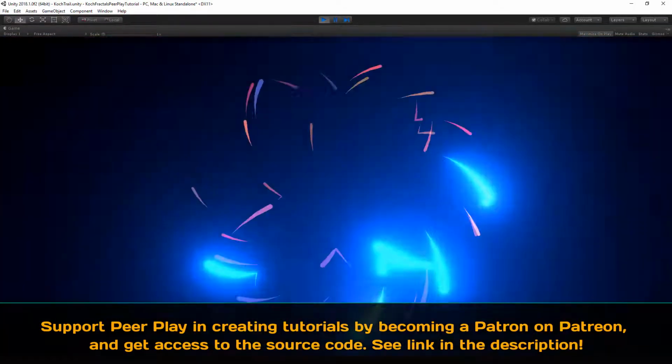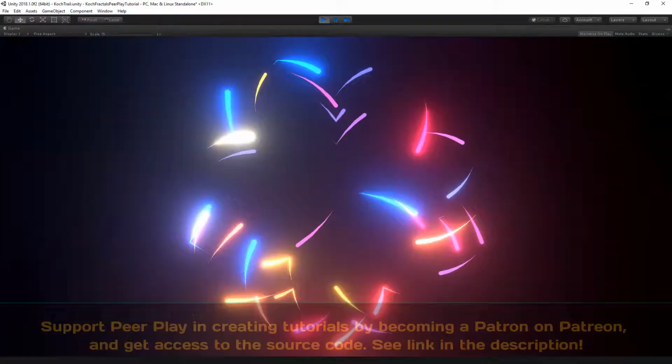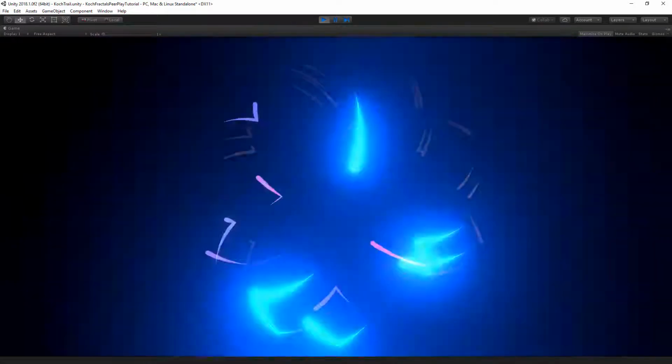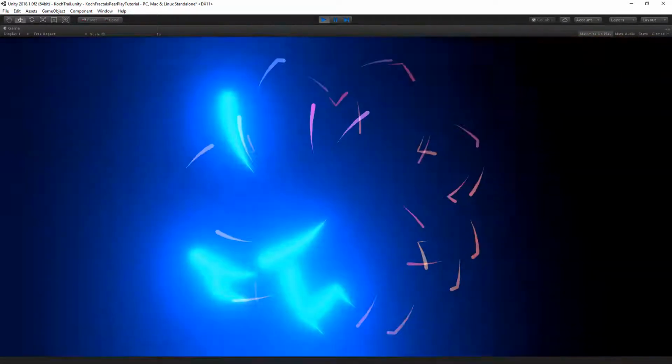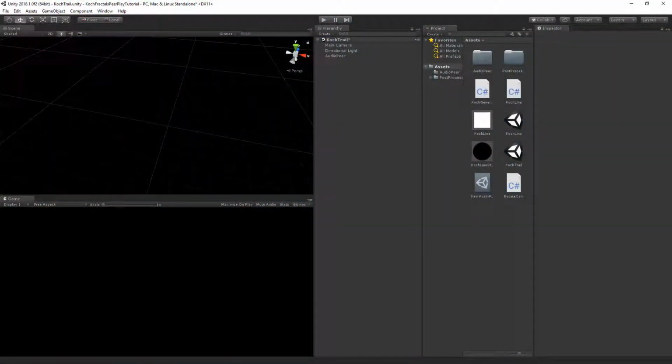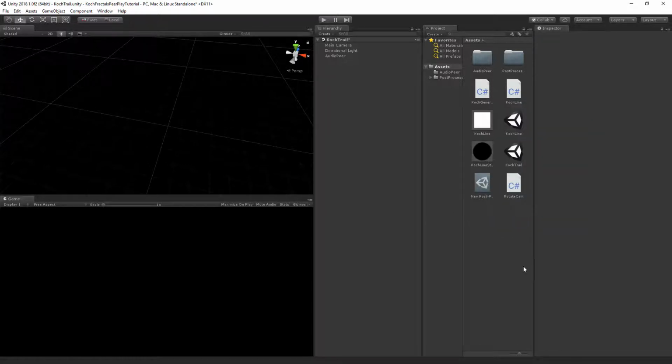From this part on, we will create a system based on the Koch generator using trails instead of the line renderer. I'm going to show you a system that allows you to create some very cool visuals using the Koch Fractals. I've created a new scene for this, and we're going to place everything inside of a new folder, and we'll call that trails. So let's create a new folder,